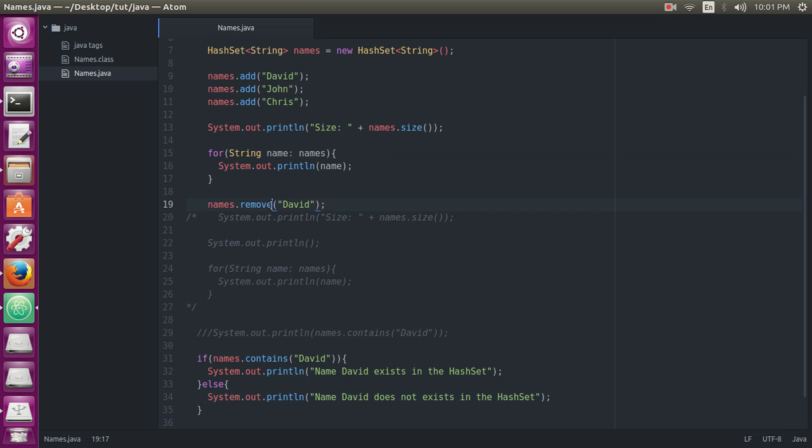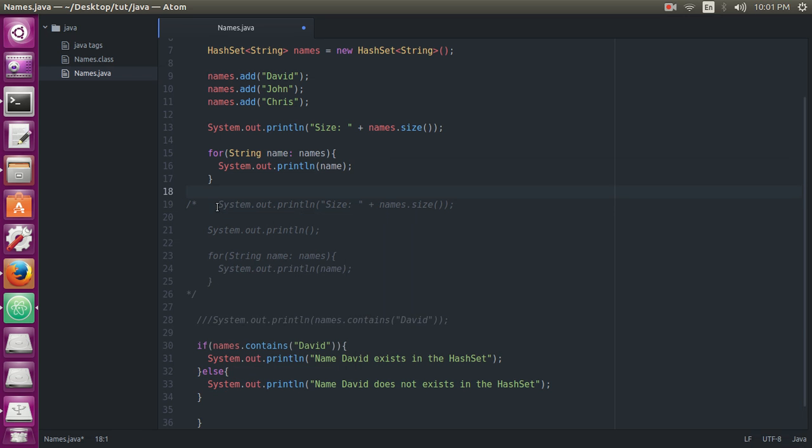Now this is a good method if you just want to remove an element, because there might be a chance that the element which we are removing from the HashSet may not exist in the HashSet. So first we will check it using the contains method, and if it exists then we will remove it.